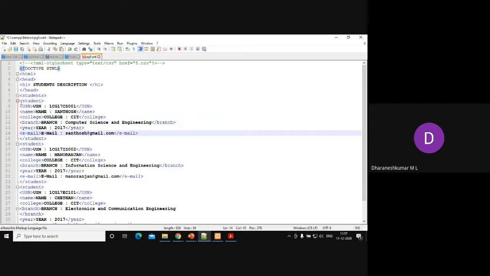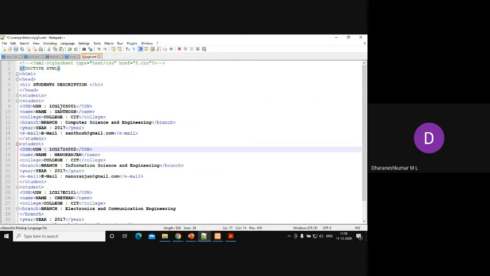Then you close this student. This is for one student. Then you have to create the same information for 2 more students. Again, you can reuse the same code, but just change the USN of the student, then the name, the college, branch, year and email.